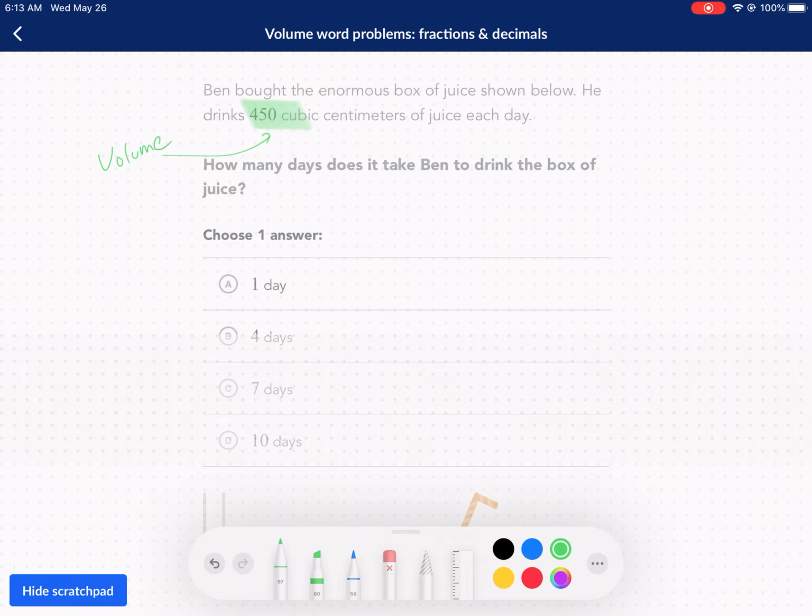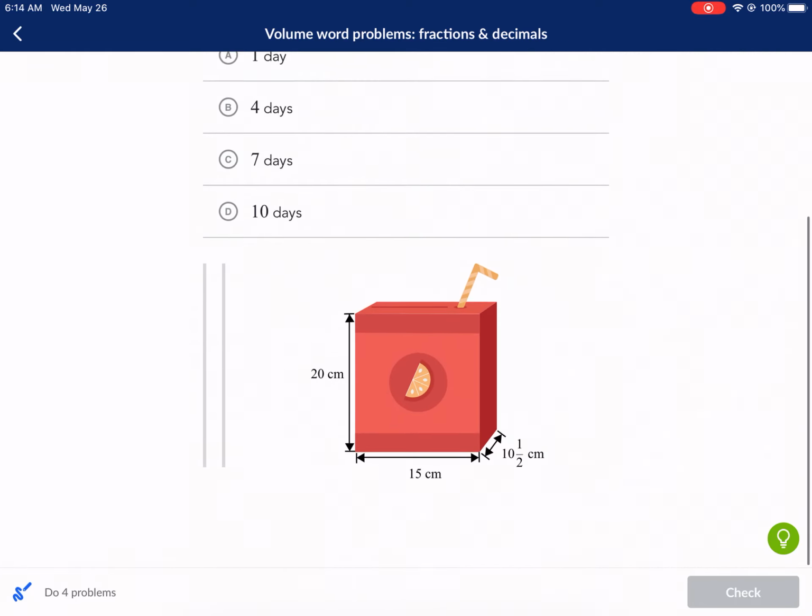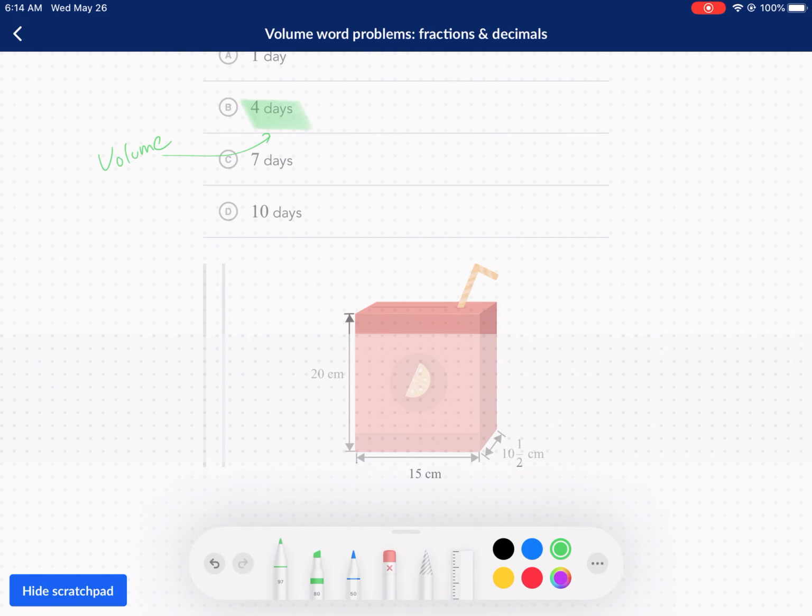How many days does it take Ben to drink the box of juice? Wow, so it's enormous. I guess it is. 20 centimeters is pretty big. That's almost a foot tall. So we have this box of juice. We should probably calculate the volume of this box. The volume of a rectangular prism, which is what this is,